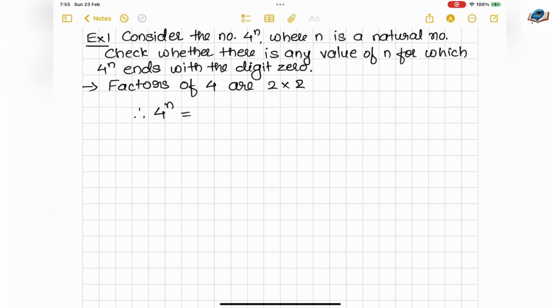Therefore 4 raised to n I can show as (2 square) whole raised to n. That is 2 raised to 2n. Therefore 4 raised to n will never end with the digit 0,